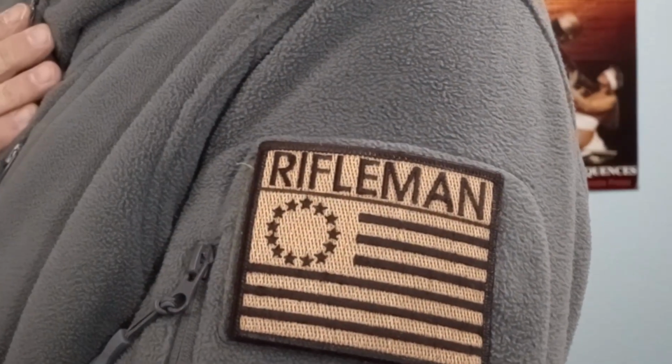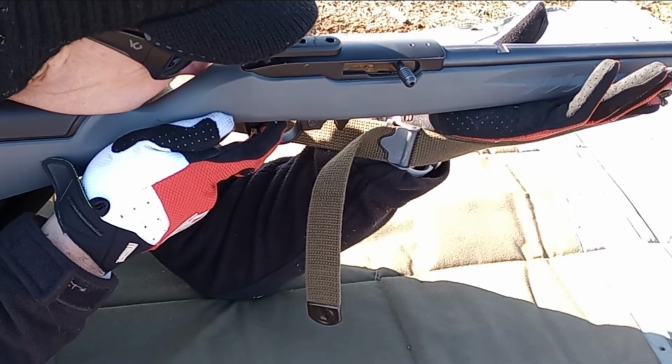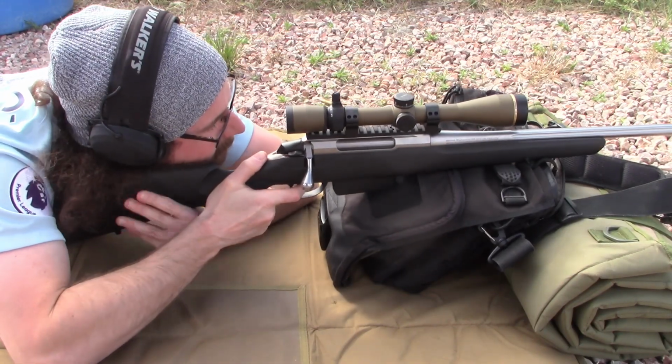And the same for rifles. I'd prefer a rifleman with any of these rifles, or even a 22, over the normie with the premium accuracy